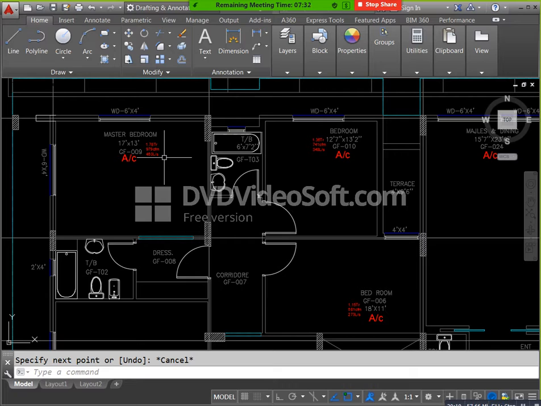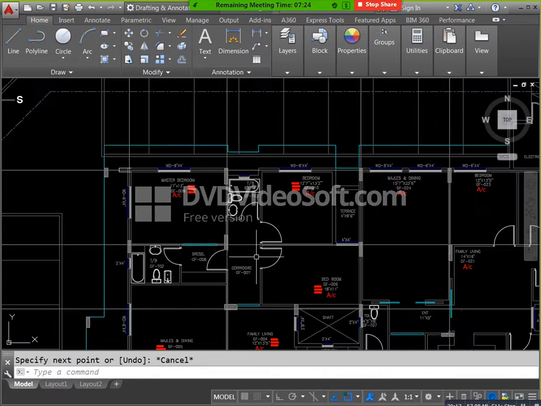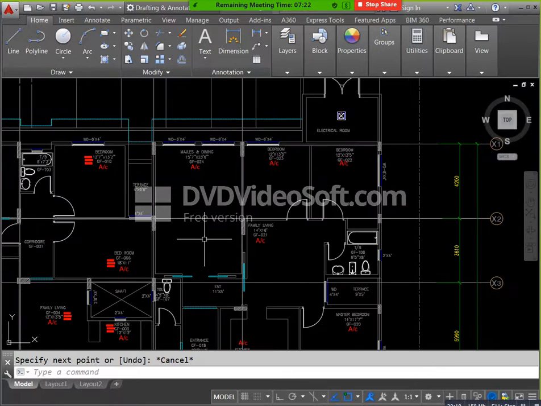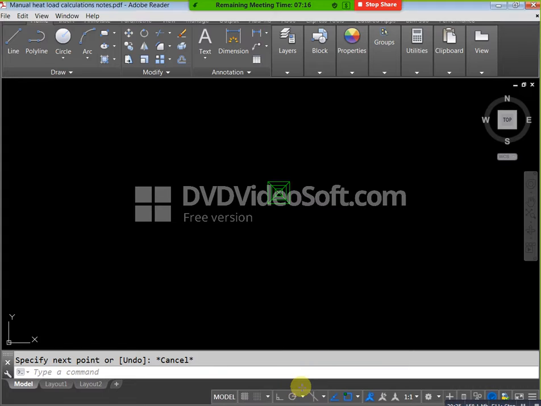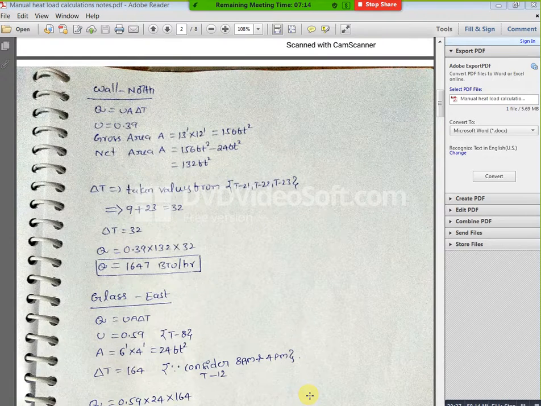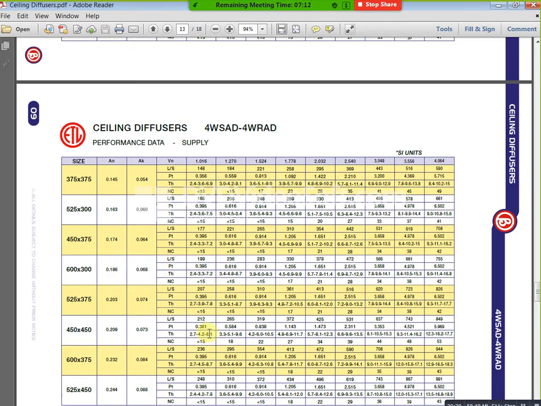Okay, you will take 450 by 450. What is the maximum limit here? A 450 by 450 diffuser starting from 212 is applicable for 4 rooms, from 212 up to 849 liters per second, as you can see on your floor.